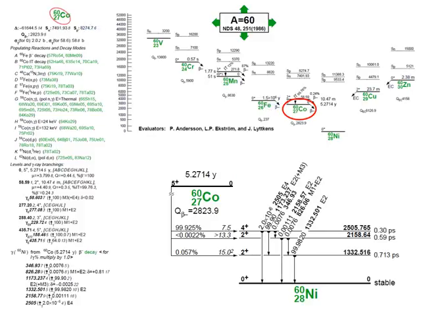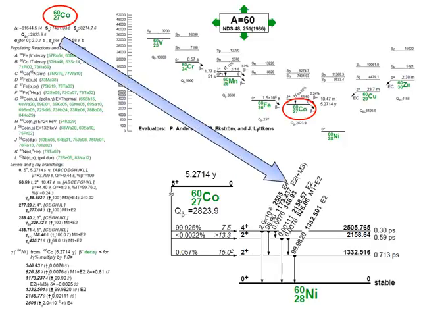So if I then click on where the cobalt is listed here, it gives me the decay scheme. And here's much more detail on the decay scheme. So I can see that cobalt-60 has a spin and parity of 5+, a half-life of 5.27 years. It decays by beta. It populates this state